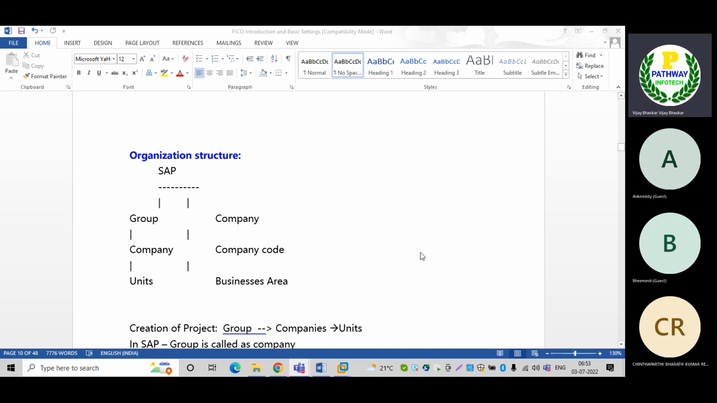Okay. So, now organization structure. This is the FI finance organization structure. FICO organization structure I will show you later on. But at the moment we need to understand only the FI organization structure. What is the organization structure which we have and how we are going to build the organization elements into the